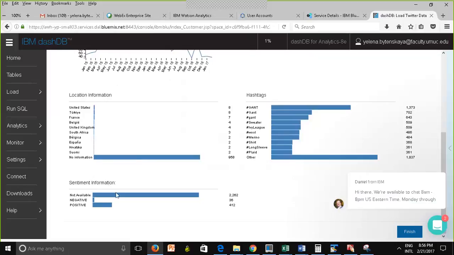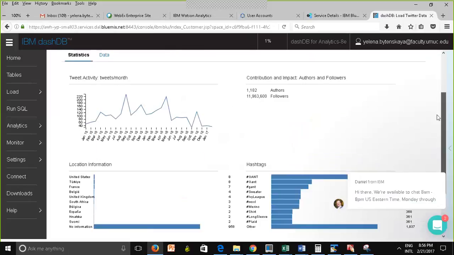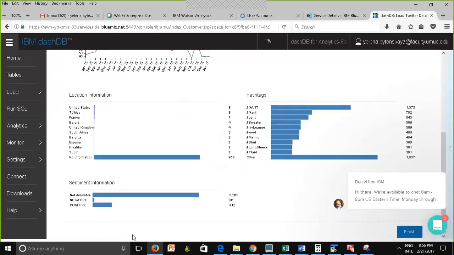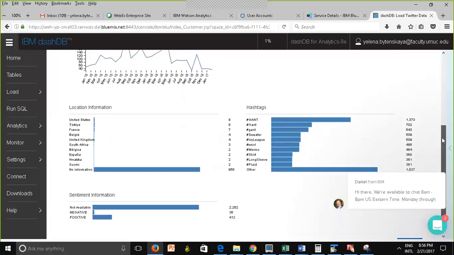And same thing here, right here, that's not available. Sentiment, positive or negative, but most of the posts are unavailable. So now what you want to do is take a screenshot.